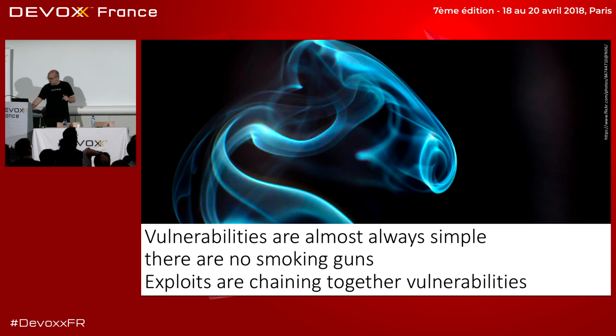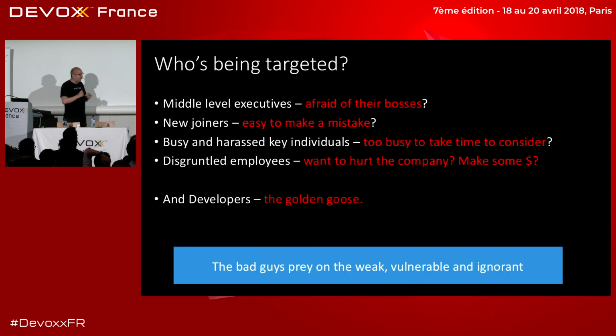Now, I need to say, before we go any further, that it's not just the tech that they're after. They're not looking just at your code, but we will look at that. They do something else. They do what's called social engineering. They're after people because if they can manipulate us, that's even easier than manipulating code, okay? And there's a whole set of people that they traditionally go for, which I won't go into any details. You can see some of the comments there. But they go for developers.